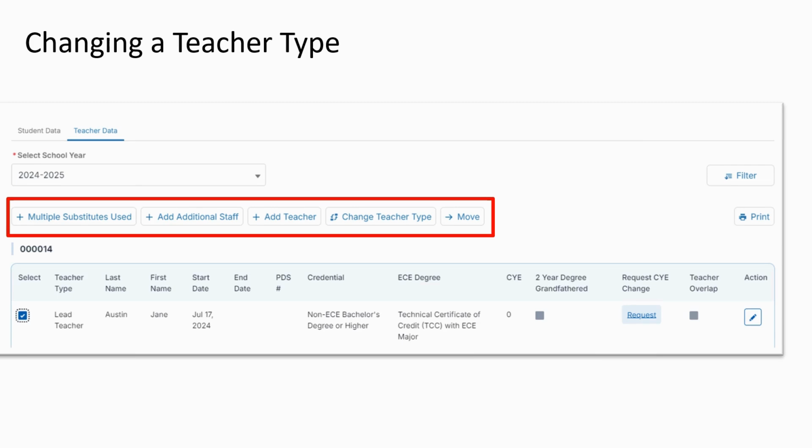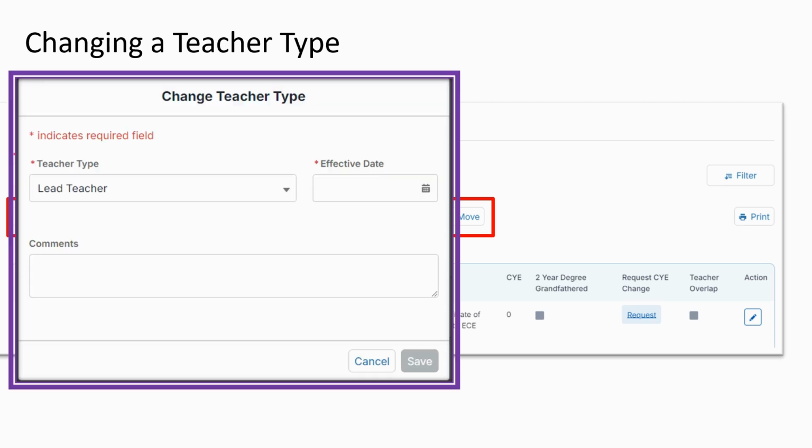So let's change our scenario. Let's say that the assistant teacher has now completed her degree and is able to serve as a lead teacher. You might promote her to the lead teacher position and hire a replacement assistant teacher. So in that case, we would click beside the previous lead teacher's name, and we would click Change Teacher Type